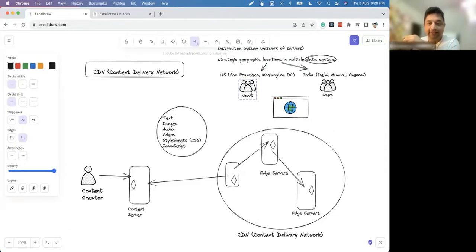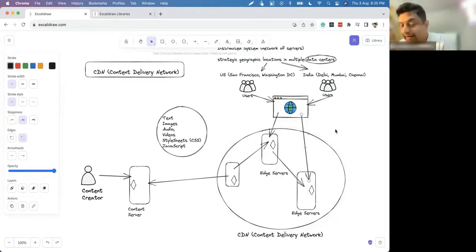So when these users are viewing, they may be in the US, so they will be getting the content from the US server. When these users are in India, they'll be reading it from the server which is nearer to their location.